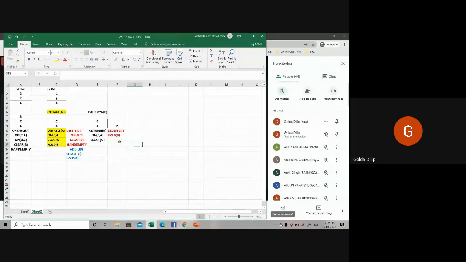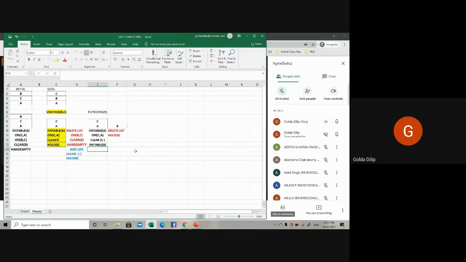Now with this particular action, that is put down B, are these the only predicates which are the precondition? No. What else can I write here? On table A is there, on C comma A is there, clear C is there. Can I write on table B? Then what else can I write?